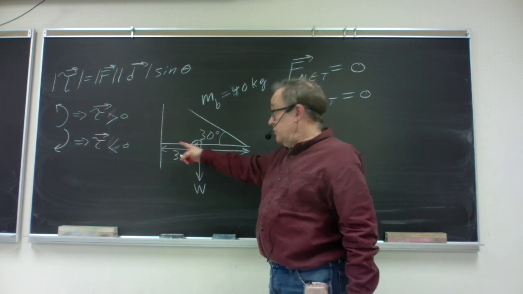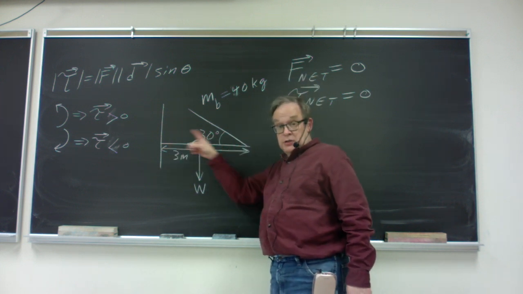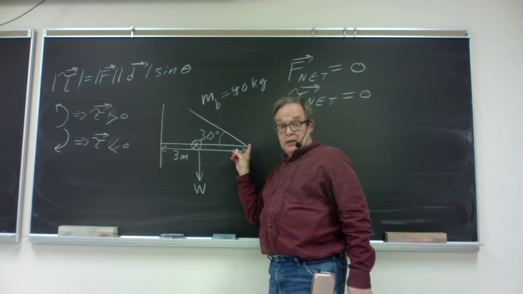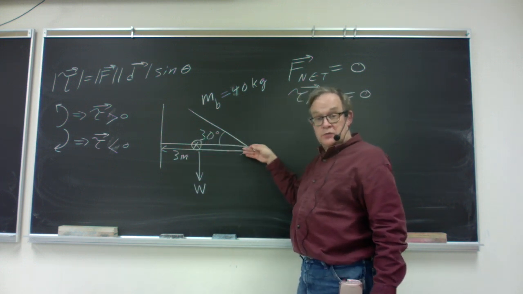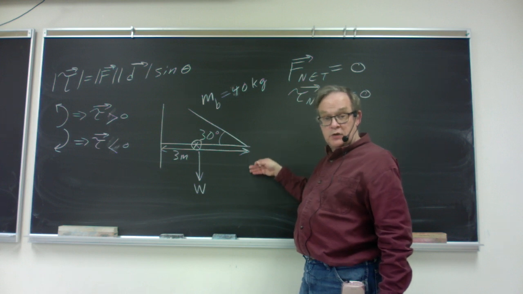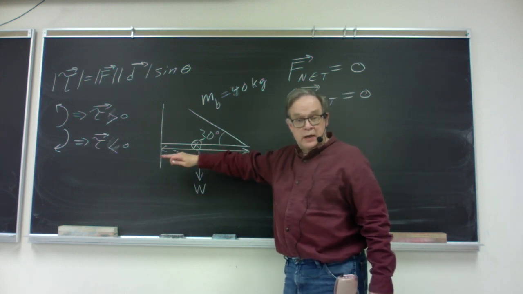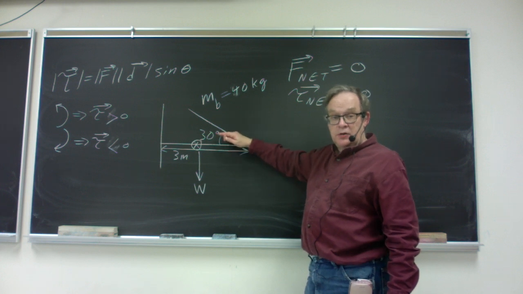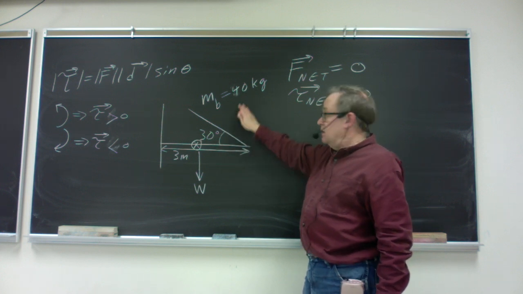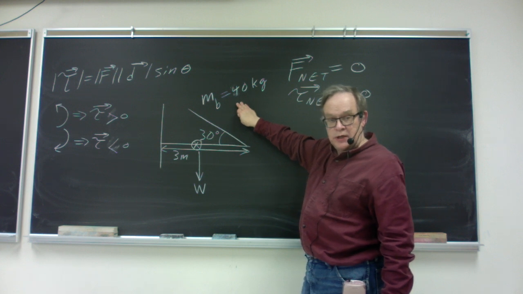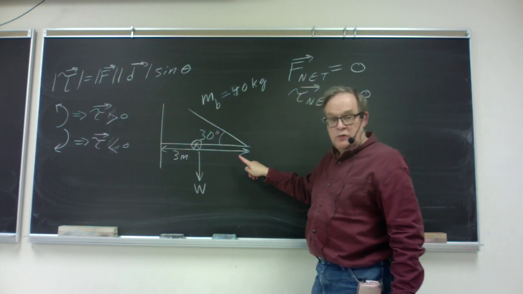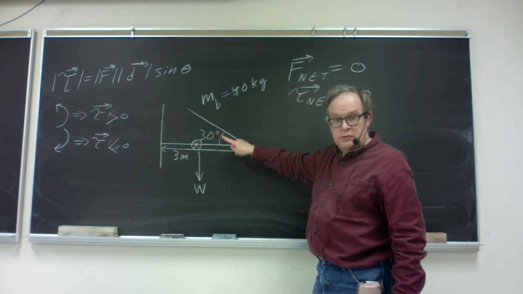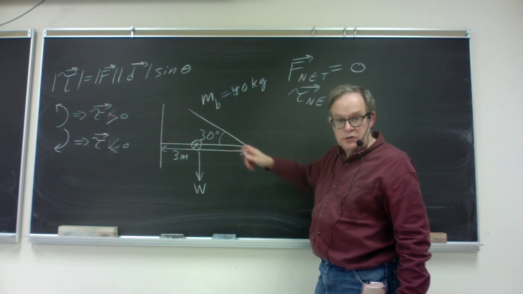So imagine this situation. We've got a beam attached at one end to a wall, and then it's held up at the other end by a cable, and this might be the awning in front of some building, and you might put a sign in front of that awning. But all we have in this case is just the beam being held up by the cable. The mass of the beam is 40 kilograms, and the beam is 3 meters long, and we want to figure out how strong the tension force has to be in that cable in order to keep